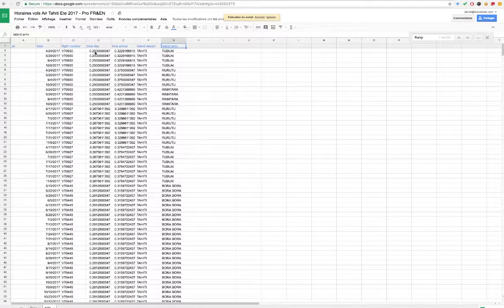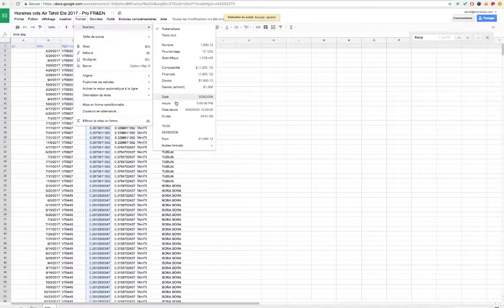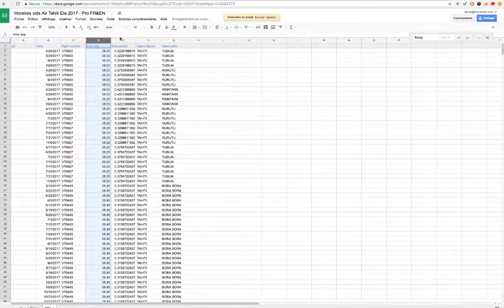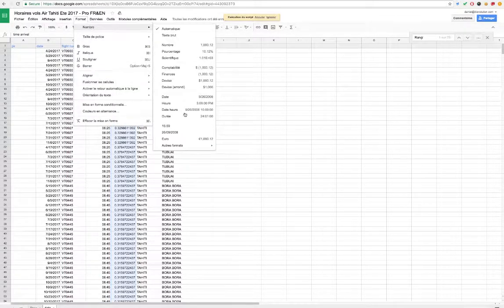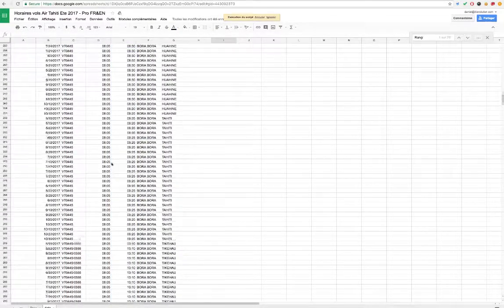Now the one thing is, obviously the time formats, if you want to format them, you just go format and then we want to make them time. The only thing is, you don't want any trailing information on these. You just want hour, minute. So that's the way the database consumes them. So we will make those a format that the database can handle. And so you can see now that we have all of these flights